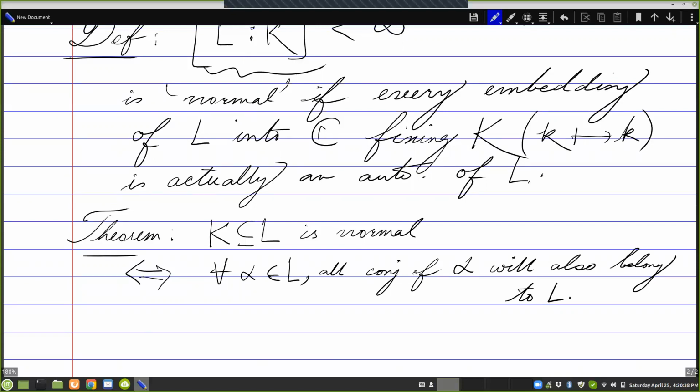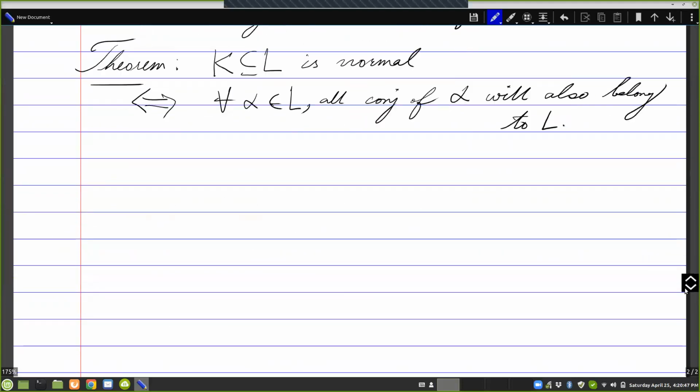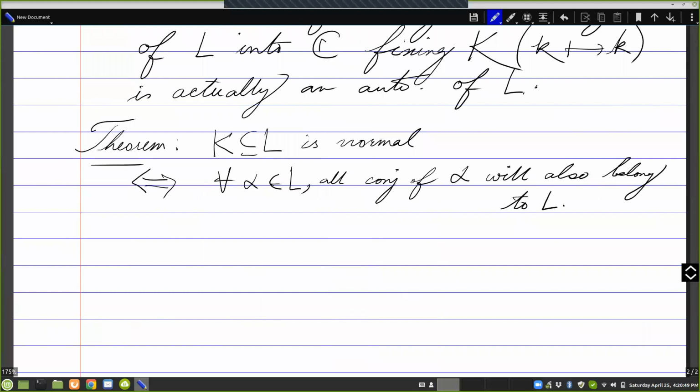So what it says is that if the extension is normal, this doesn't happen, and that's a necessary and sufficient condition. So we will prove that. First of all, the proof of this direction: if for every element of L, all conjugates of that element also lie in L, then we will see that L over K